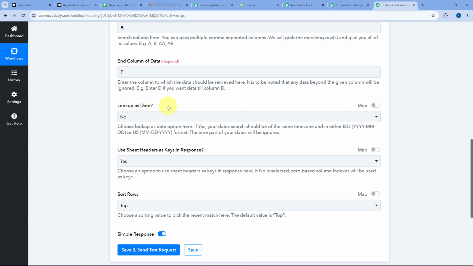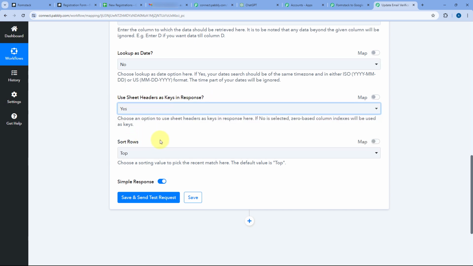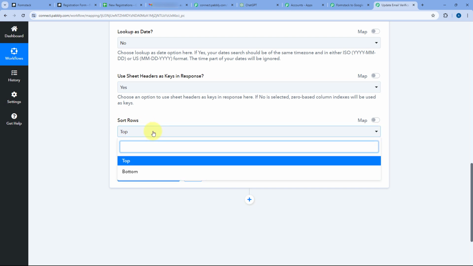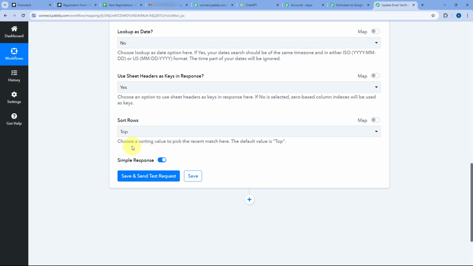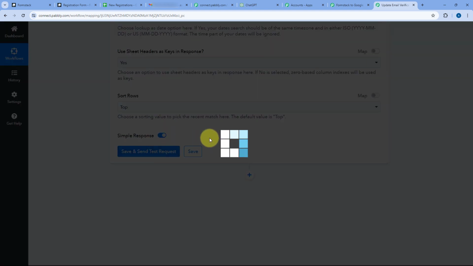Then it is asking us lookup as date. So we are not searching for any date, so we are going to select no over here. Then it is asking us use sheet headers as key in response. We have to select yes. And here in sort row, we have two options, top or bottom. Either we can search for the data from the top or the bottom of the spreadsheet. So I want to search for the data from the top of the spreadsheet. Now after selecting all the options and entering all the details, just click on this save and send test request